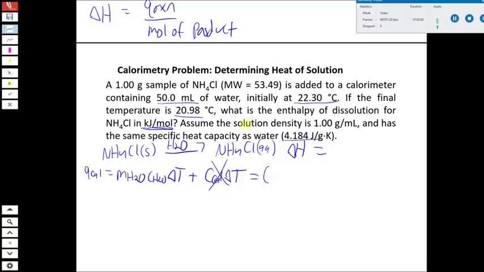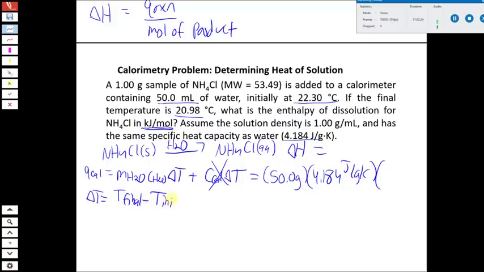So we said 50 milliliters of water. The mass of water will then be 50 grams because it's a density of 1. So we have 50 grams of water. The heat capacity is 4.184 for water. And we said that we have to find the temperature change for water. So delta T is going to be equal to final minus initial. The final temperature is 20.98 Celsius. The initial temperature was 22.30. So our temperature change is negative 1.32